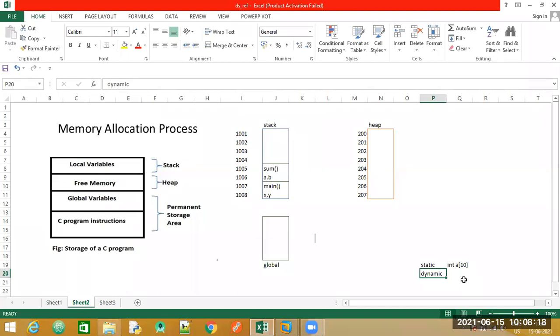When we use dynamic memory allocation, we are not restricted by the size because we have the flexibility to either increase or decrease the size, so the storage space will not be wasted. Are these two terms clear, static memory and dynamic memory?